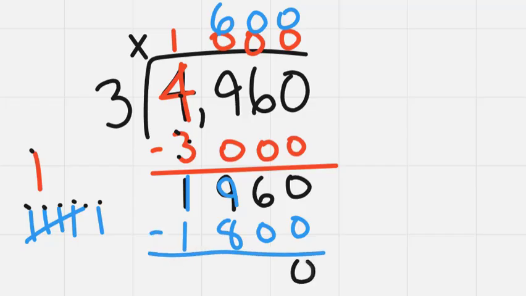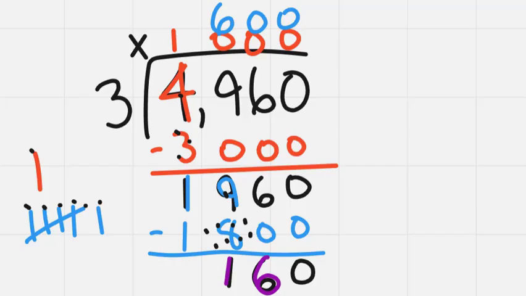0 minus 0 is 0. 6 minus 0 is 6. 9 minus 8 is 1. 8, 7, 6, 5, 4, 3, 2, 1. And then 1 minus 1 is nothing, so we can ignore it. Now we'll divide again. We'll look at the 1, which is less than 3, so we'll move on to the 6. We'll look at 16 and count by 3 until we get as close as we can to 16 without